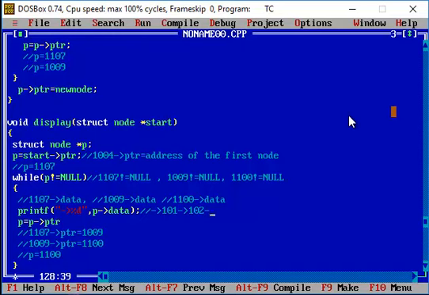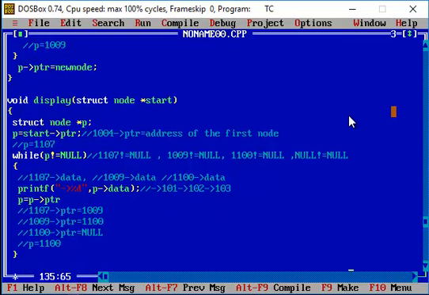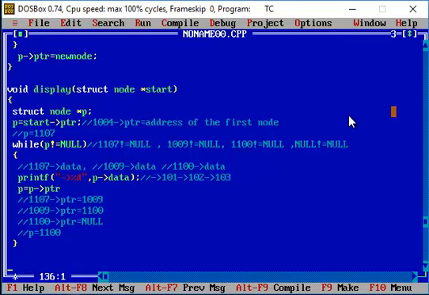In that memory location of 1100, we see the pointer value is now equal to null. When we run the loop again, null is not equal to null fails, so the condition fails and we come out of the loop. This ends my function definition for display.